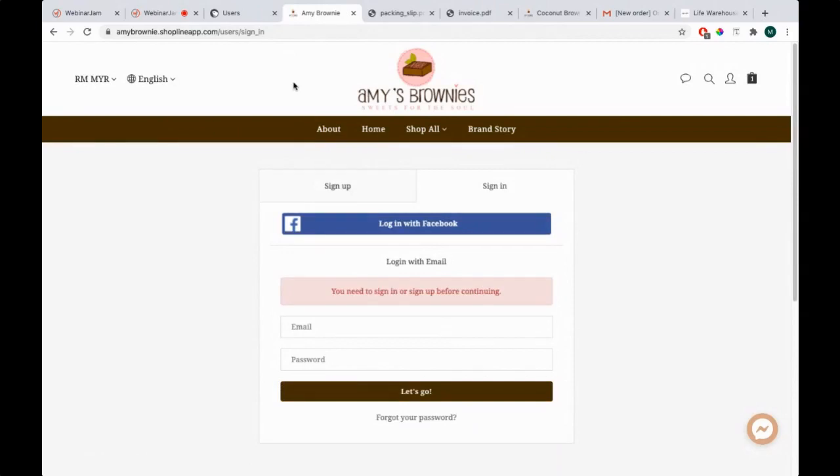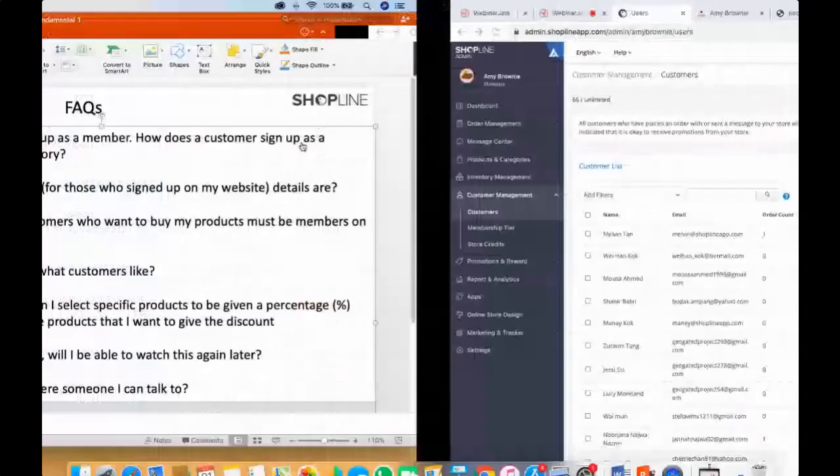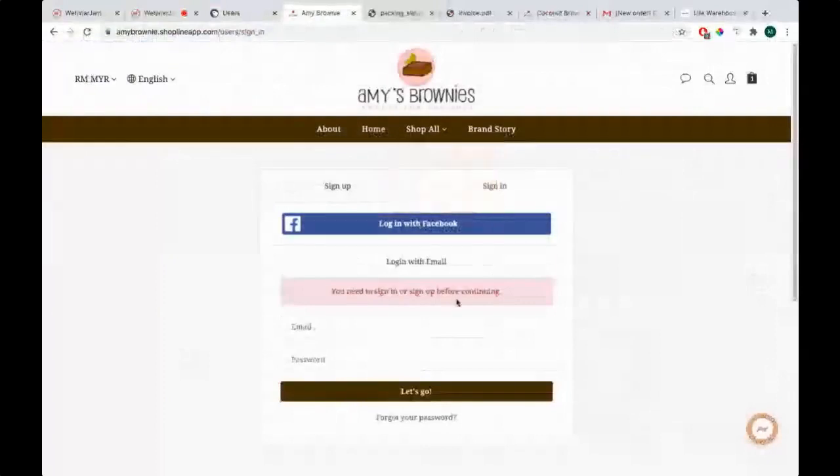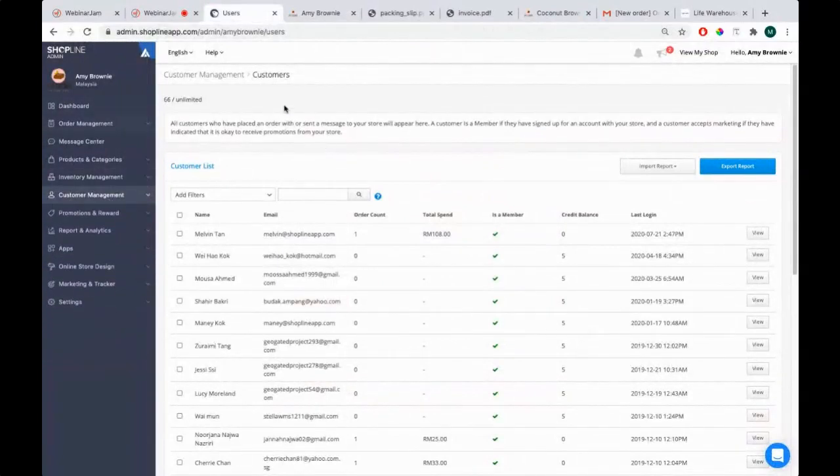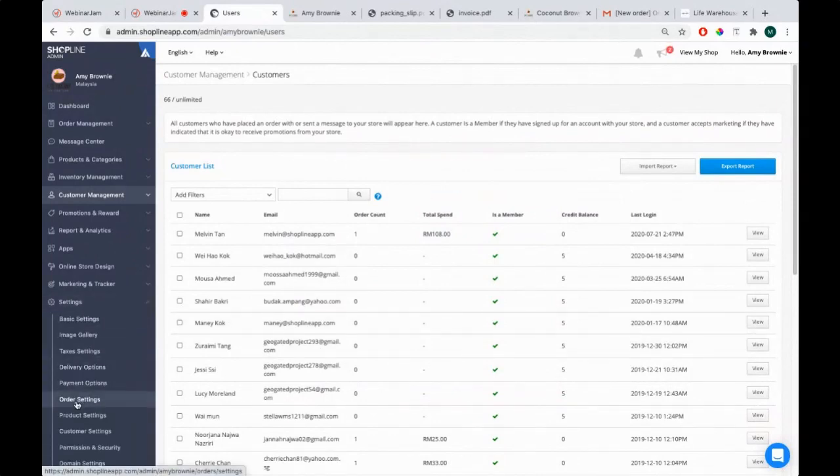So to make it compulsory, since this Amy Brownie is already compulsory, this is an example. To activate or deactivate the compulsory function, all you got to do is go back to your admin panel here. Now you go back to settings. Once you're in settings, you should be able to see order settings. Once you click on order settings,